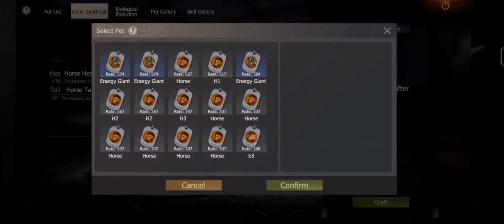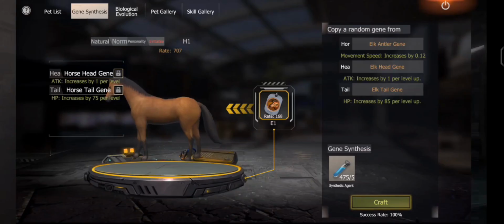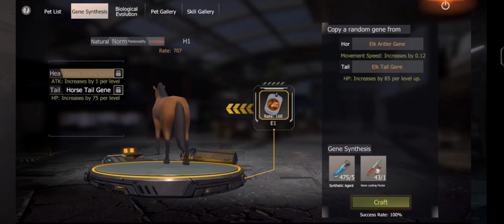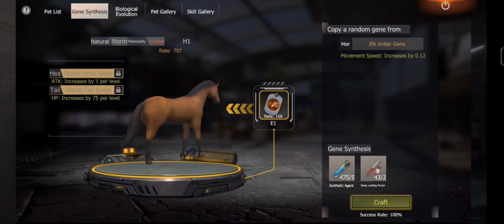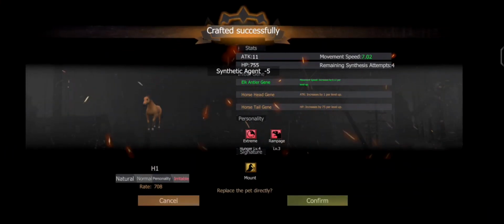I'm going to be adding an elk. So where is the elk? Right there, Elk 1. So we need the elk antler gene, that is horn. So we have to lock 2 of these. That gives us the cost of 5 synthetic agent and 2 gene locking factor. And when you press craft, you'll get an elk antler gene, a horse head, and a horse tail. I'm gonna keep this,